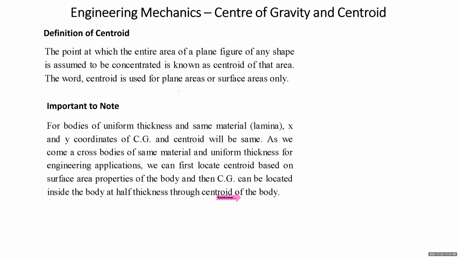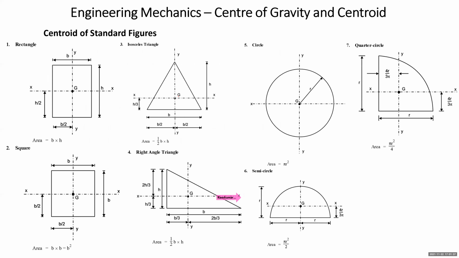In engineering applications, we come across bodies which are of uniform thickness and made up of a single material. For example, timber is of uniform thickness and is timber only. Glass is of uniform thickness and made of glass. A steel plate is of steel and of uniform thickness, or any other tiles or anything else you come across, most things are of uniform thickness and made up of the same material. As we will be using the centroid formula based on area, what are we going to do?